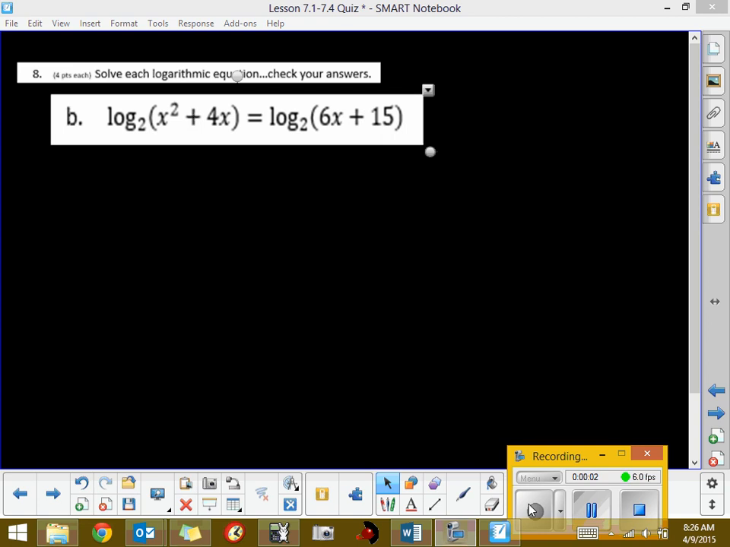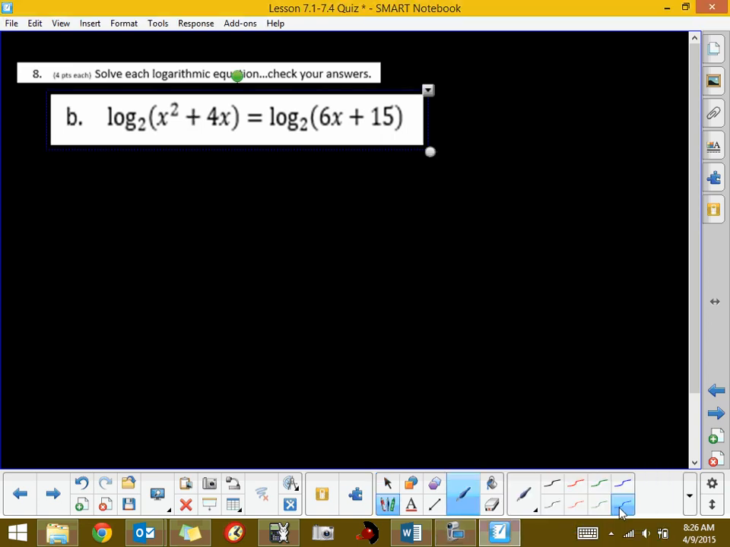8b is the second variety that we've been looking at in our work with logarithms. This time we have a log expression on each side, so we have two log expressions, one on the left and one on the right. When we have a log expression on each side, we've reasoned that if the log bases are